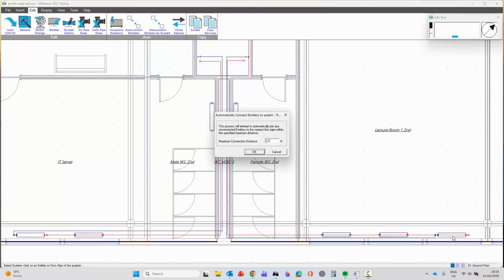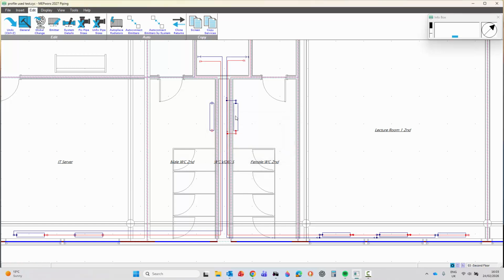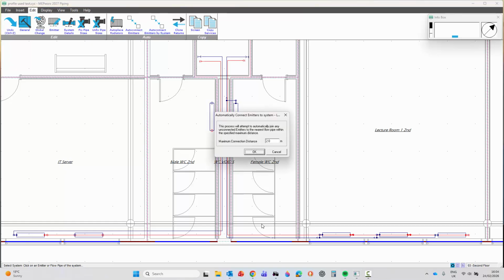In selecting that radiator there, and just to prove a point, if I put two meters in there, it's still only going to connect in this radiator here, and then ignores this one because this one isn't part of this system. And then I would do the same on this system. Go and select the radiator from the left hand system